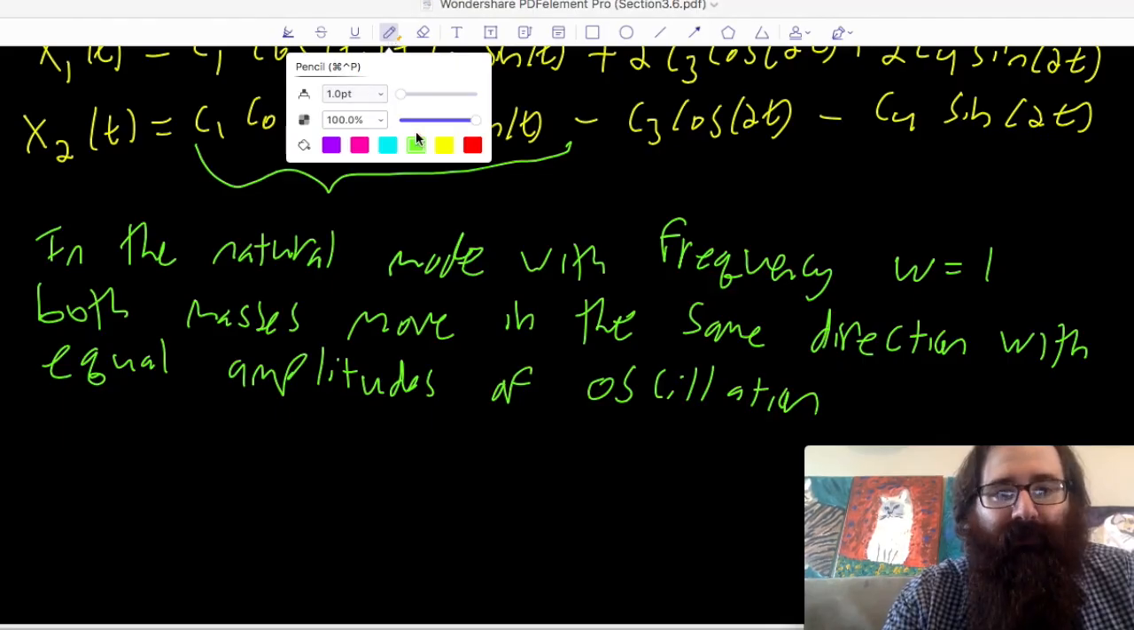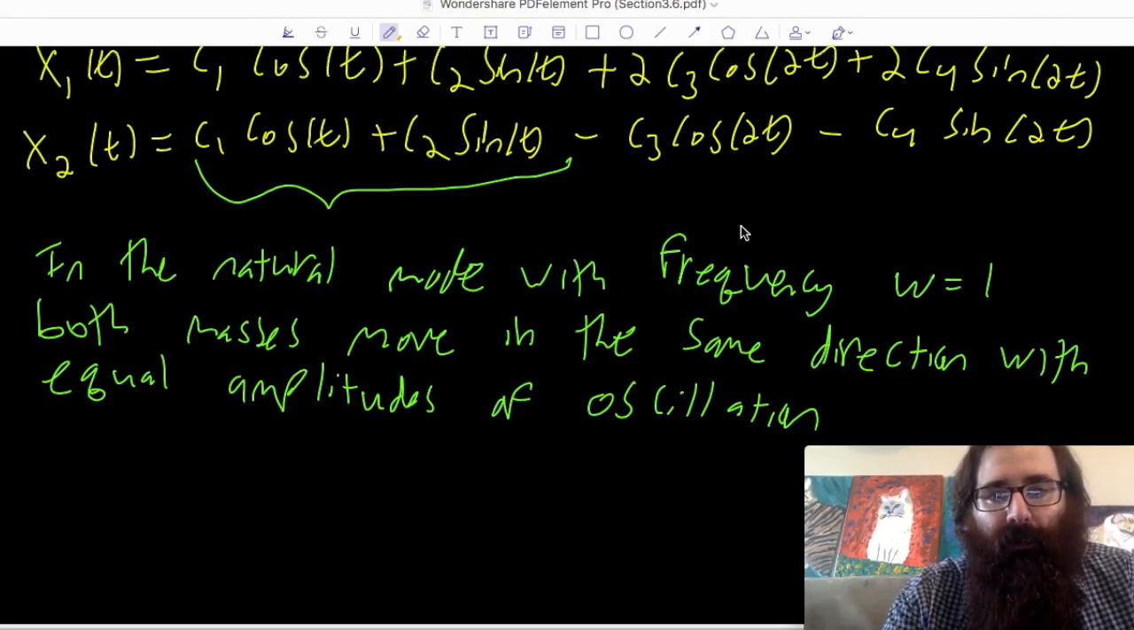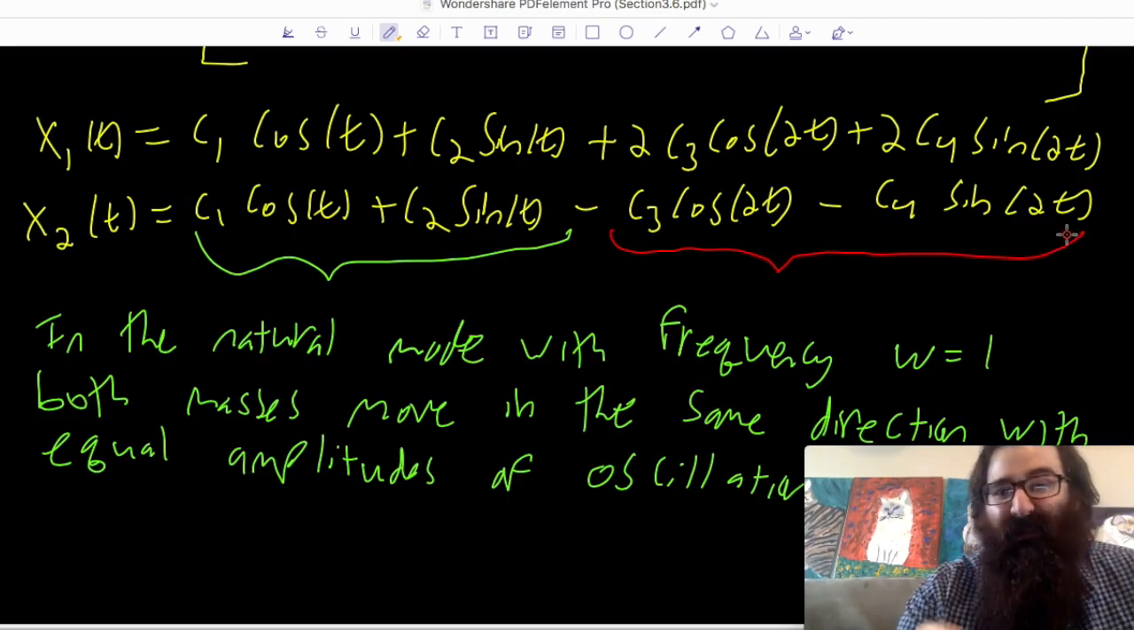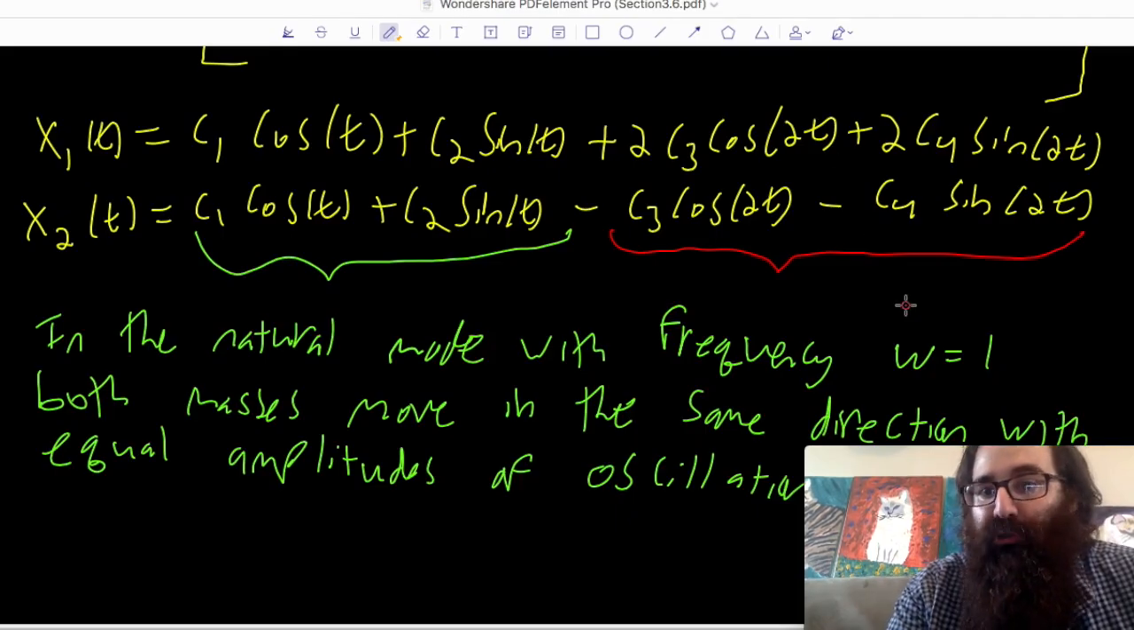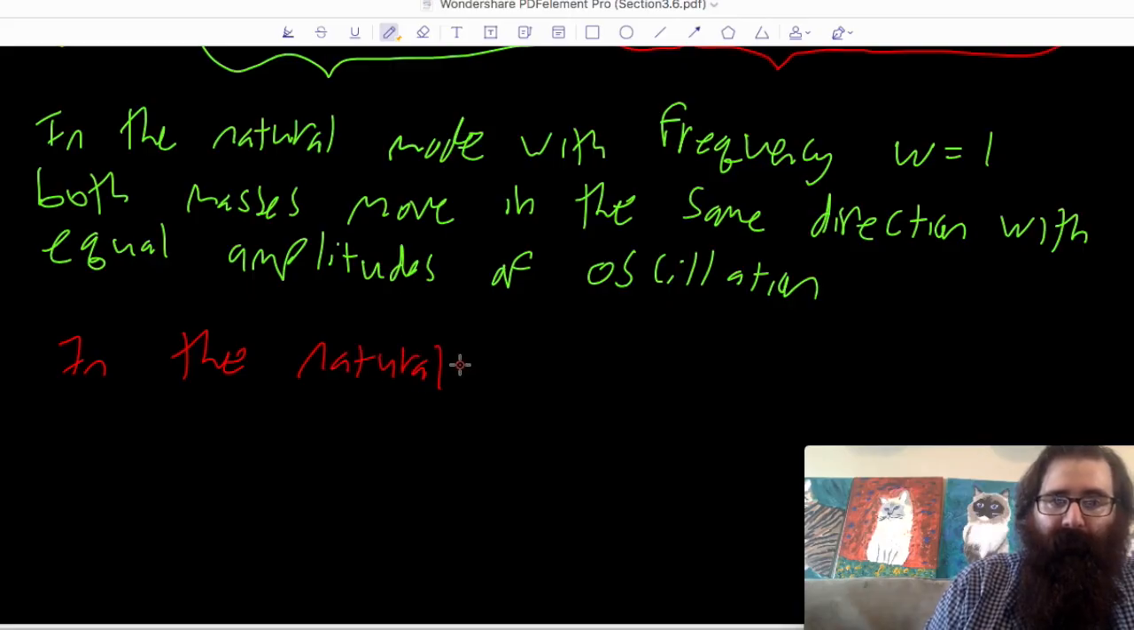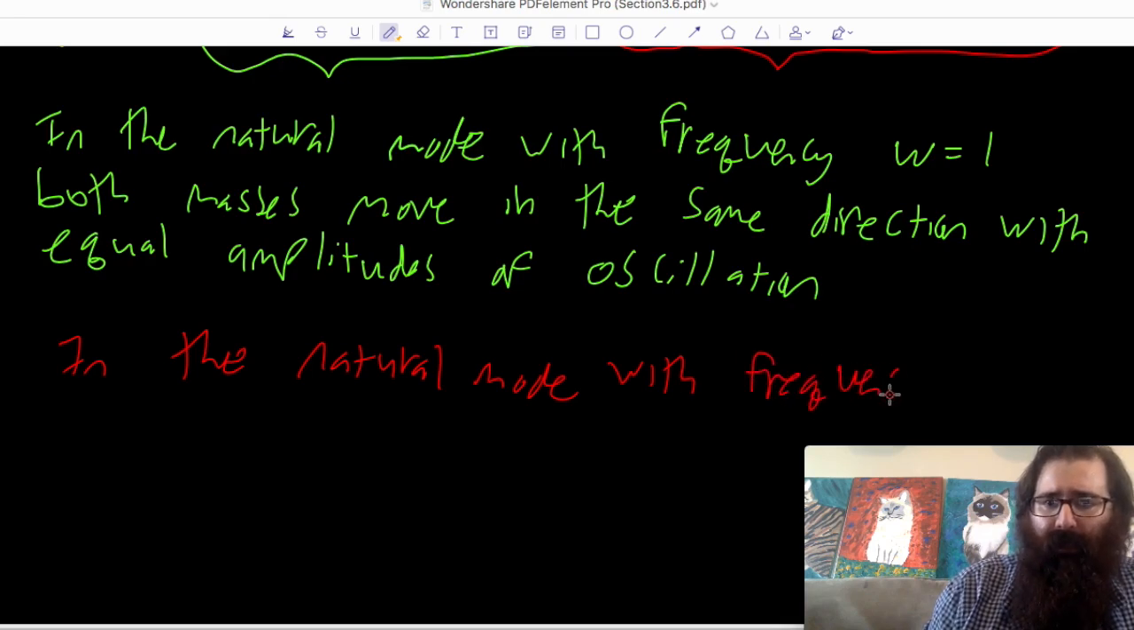That one's not quite as exciting to talk about as what's happening in the other frequency. So I compare these pieces, and what do you think about this? Well, my frequency was 2. So we'll say in the natural mode with frequency omega equals 2,